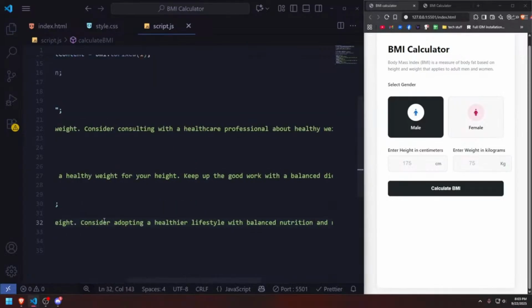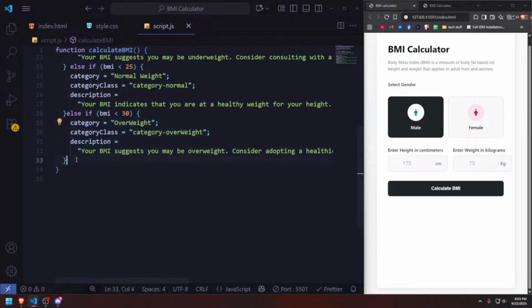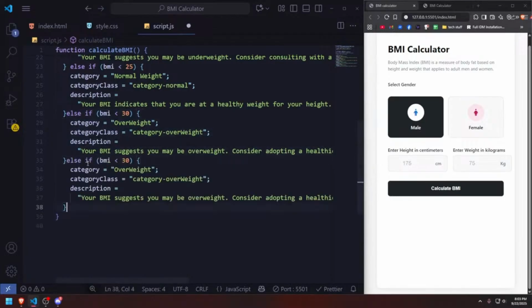Next, for the last condition, I'm just gonna copy and paste for now. Since it's the last condition, I can use else. And here I'm just gonna set that to obese, copy that, paste that here, decapitalize that,